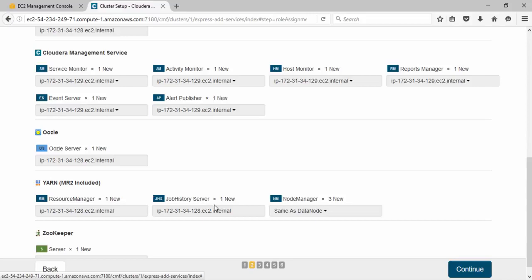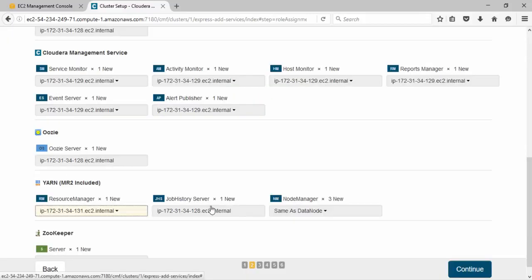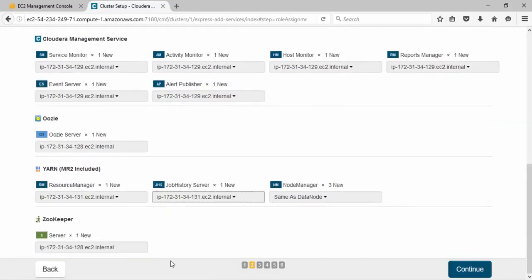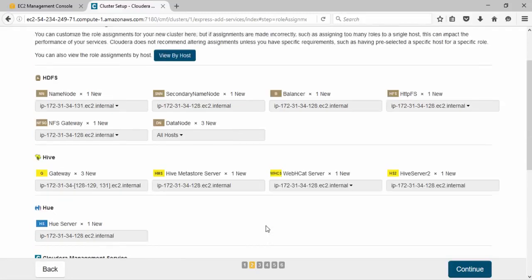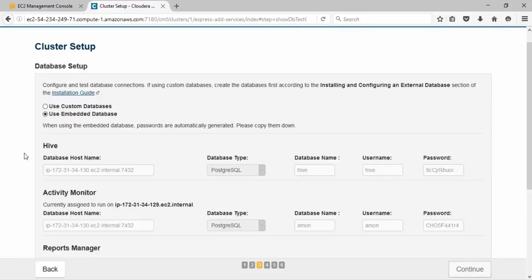So Oozie is fine. We're going to run the resource manager and job history server on 131. So let's switch to that. The node manager will be run across all nodes, that is, same as the data nodes. ZooKeeper on 128 is fine. Now that we have specified the role assignments for each of our hosts, let's click on